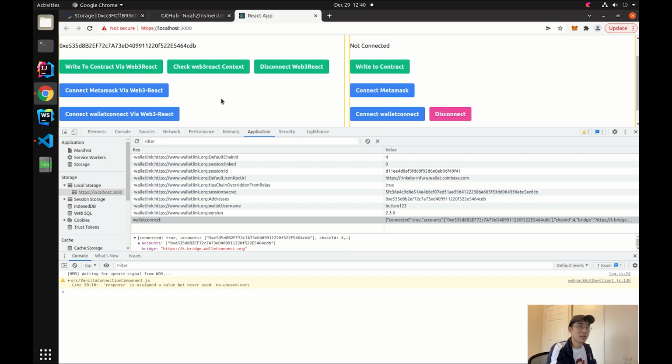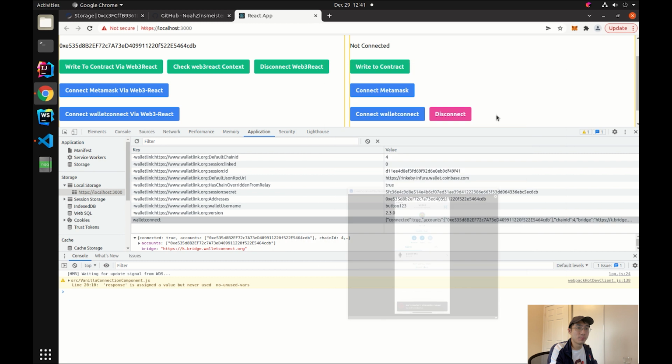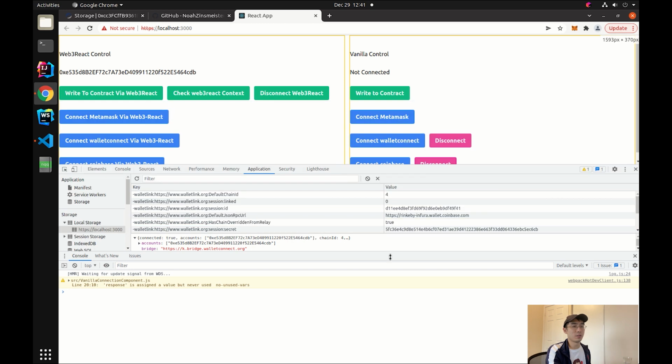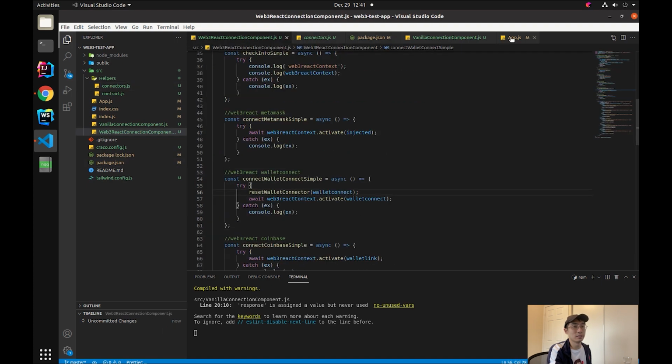You can see. This time, I'm gonna write to contract again. You see on my phone, it pops up the confirmation window, but I'm going to click reject. It's rejected on my phone, but you can see nothing happened on this window because this key was not refreshed to a new one, so our WebSocket connection got messed up. That's what happened. And because we know exactly what happened,